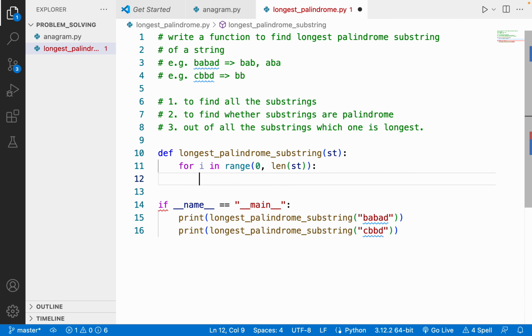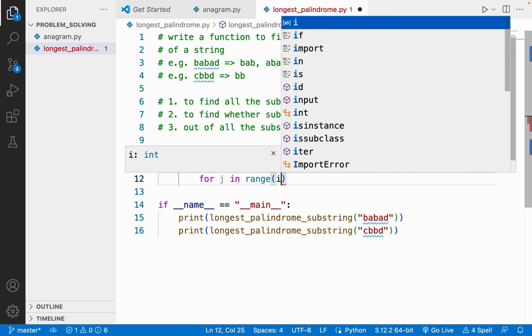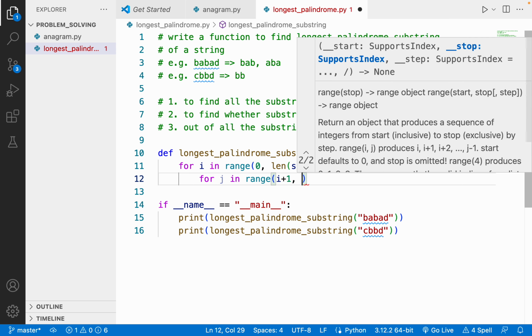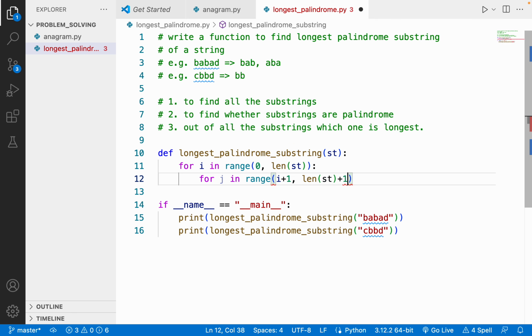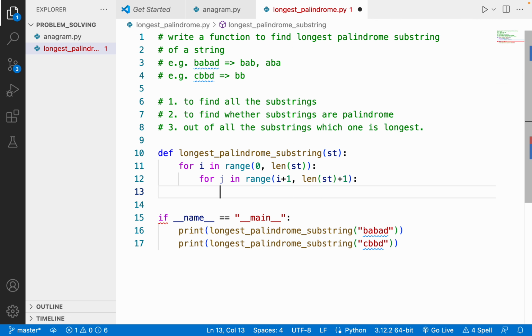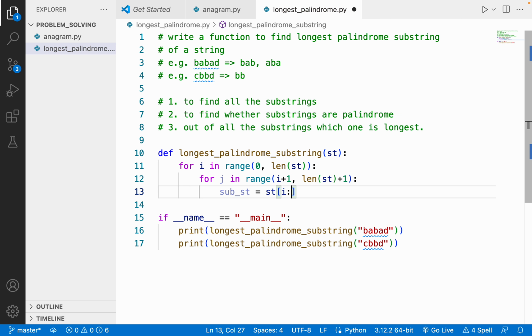So basically we'll be finding all the indexes of the string, and then there will be another loop for j in range. It will start from i plus 1 till length of string plus 1. Now the substring we can find with slicing i and j, the indexes that we got from